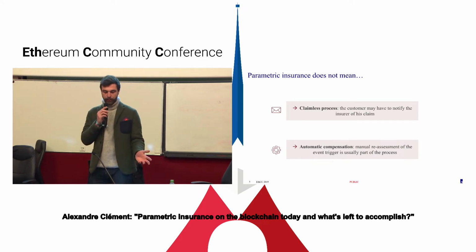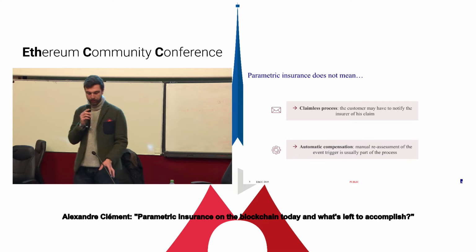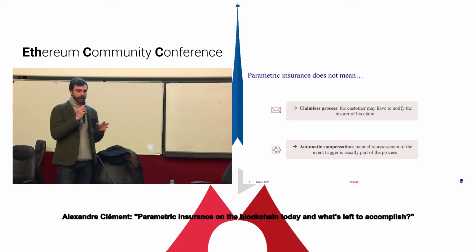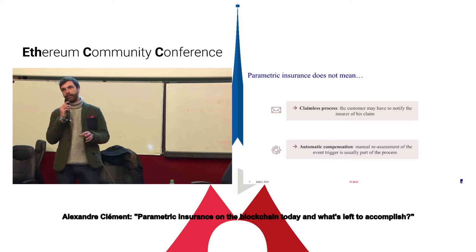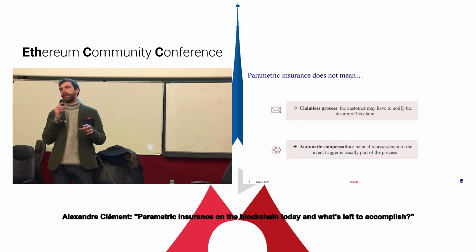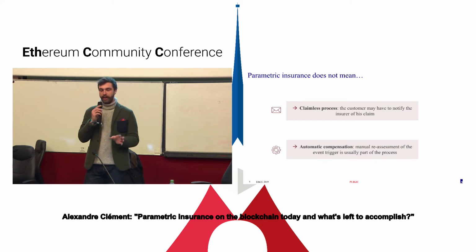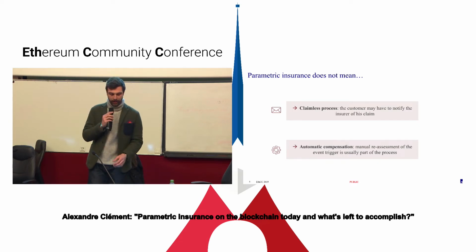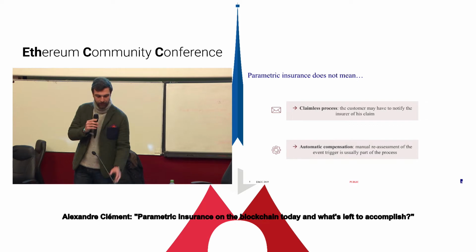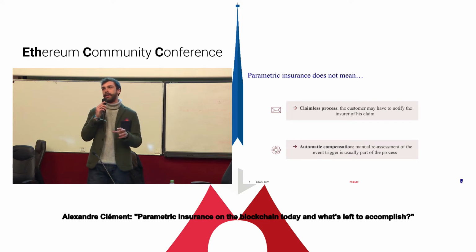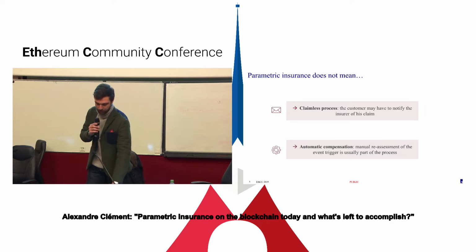And just a few figures to give you an idea why parametric insurance is an important factor for insurers. In the last years, the share of claims and payouts from insurers related to catastrophic events has almost tripled in 10 years. So this kind of product is considered a driver for growth and stability in a lot of regions where it could provide a first injection of cash after a catastrophic event, for instance.